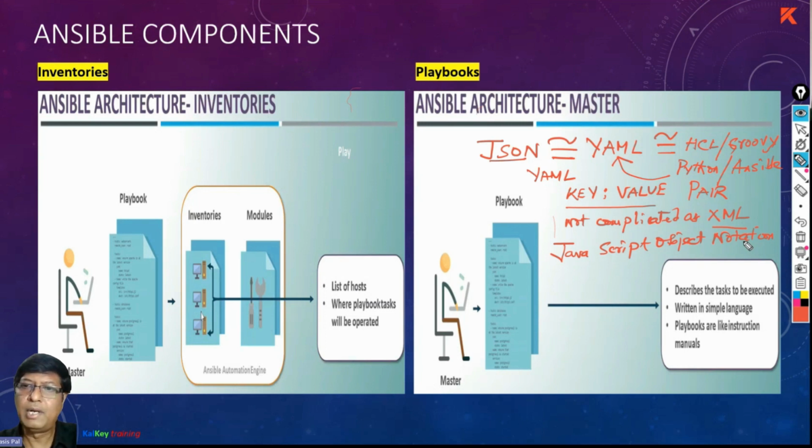JSON. You will keep on getting these terms: JSON, YAML, Python, Groovy, Ansible, HCL, and so many things. That is, you write declarative scripts. You declare what you want, declarative scripts. Okay, so we will proceed